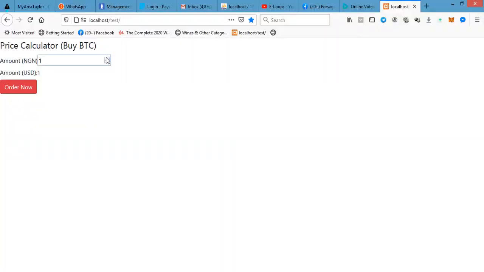Today I want us to do this. This just came to my mind and I know it's useful, especially if you are developing something like an e-commerce site where users select the quantity they want. As they change the number, the total amount changes automatically. You see what is happening there? This is quantity